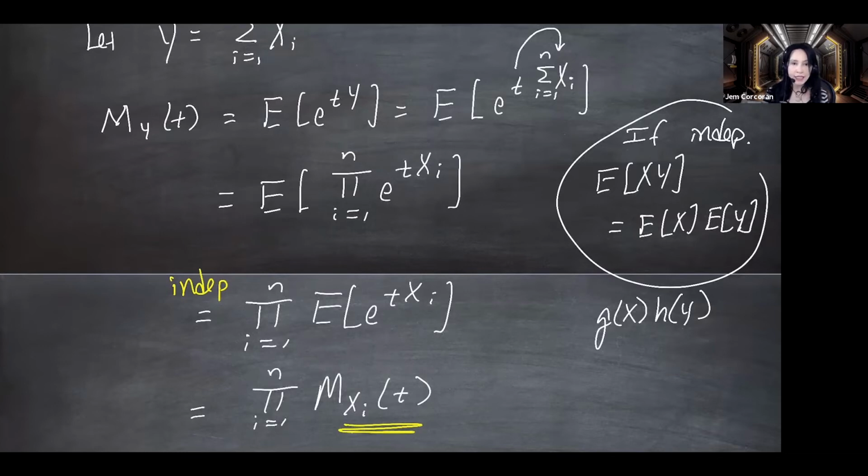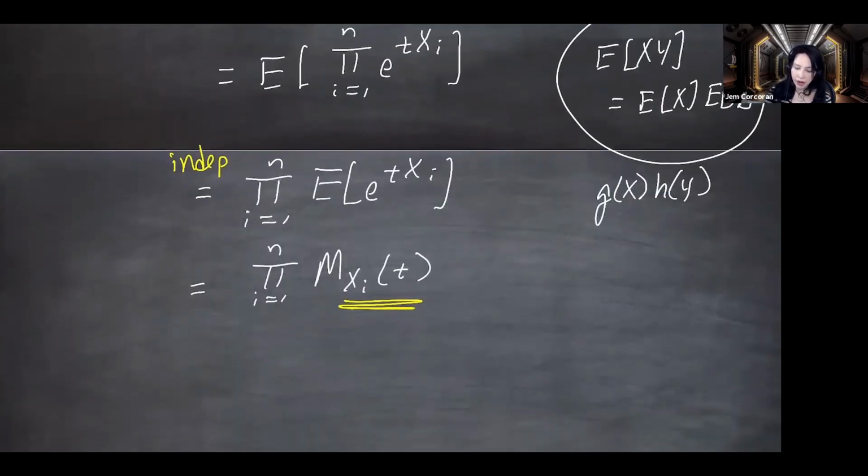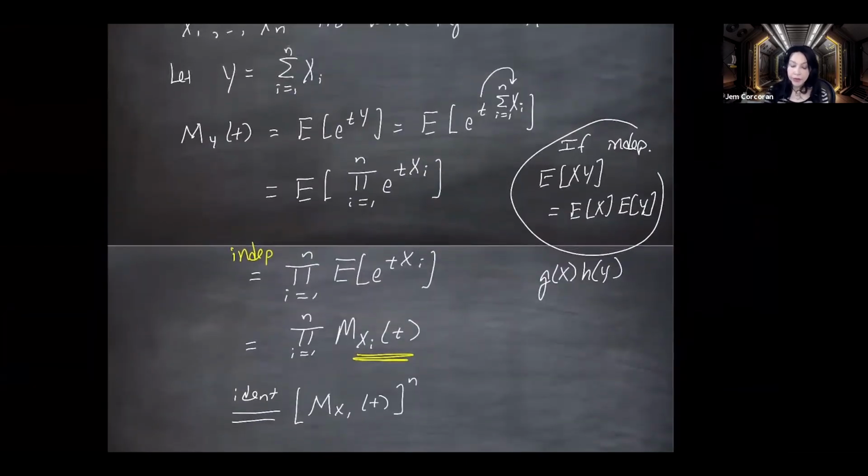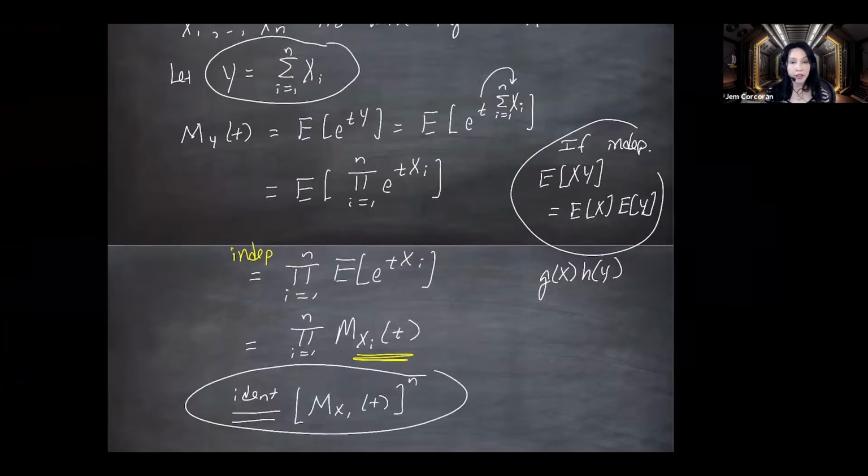But if they are identically distributed, did I just say not independent? This formula that I wrote right now requires independence, but it does not require them to be identically distributed. But if they are, then we can take it a little further. So by identicalness, this is just one moment generating function because they're all the same, multiplied by itself, by itself, by itself, you get the nth power. So the moral of the story is, if you are summing up IID random variables, the moment generating function of the sum is the moment generating function of one of them raised to the nth power.